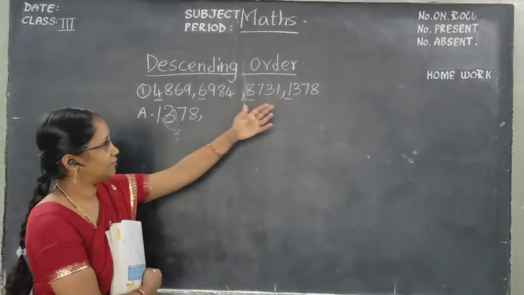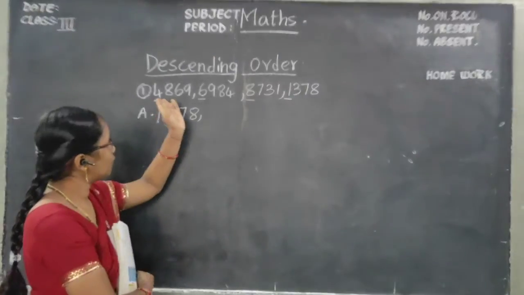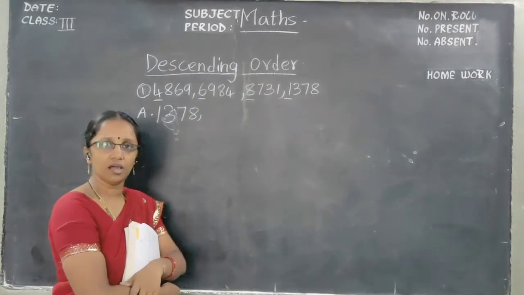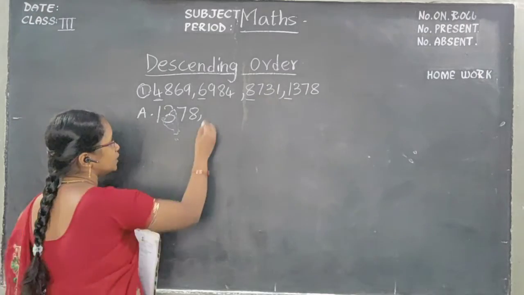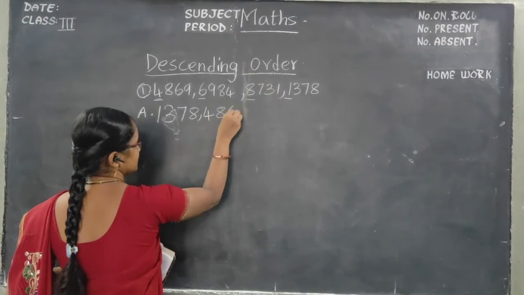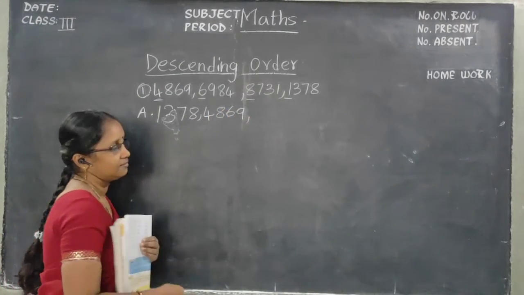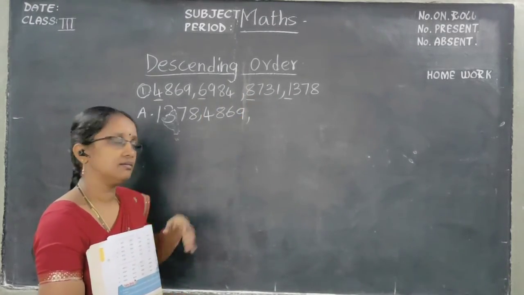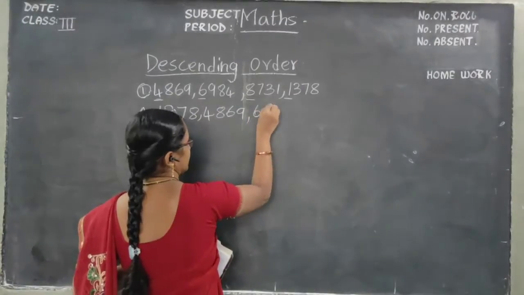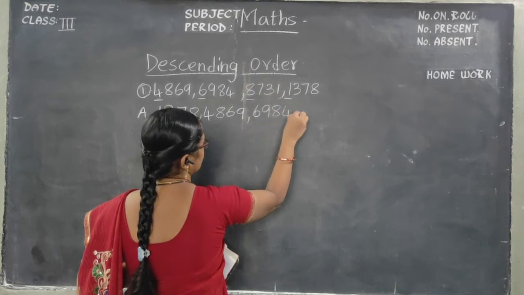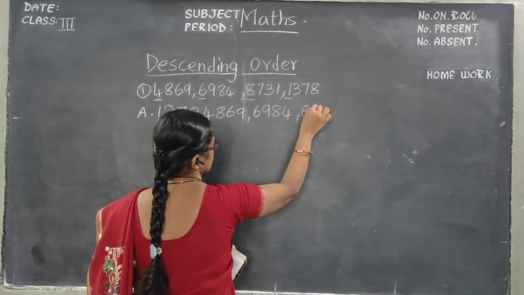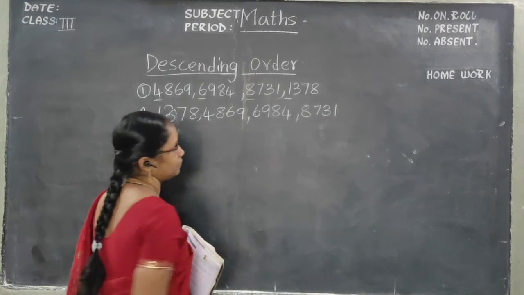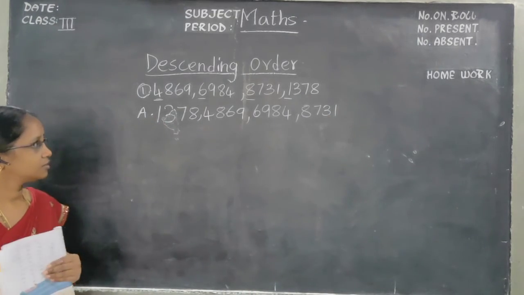Next, we have written that, so leave this number. 4, 6, 8. Which number is small? 4 is small. So 4869. Okay, now 6 and 8. Which number is small? 6. So 6984. Then 8731. So here what we have